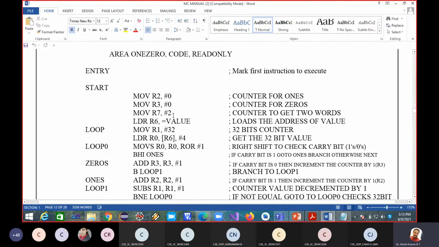If I ask you to find the number of zeros and ones in three consecutive memory locations, then you have to change the R7 value to 3. Let us do it for only 2 first, and later we will change it to a higher value and also a lower value than 2.